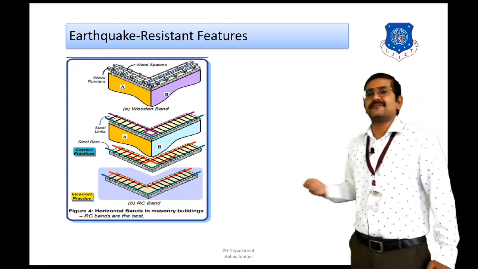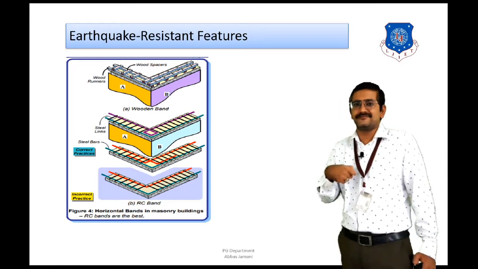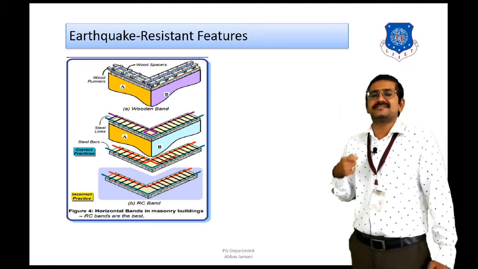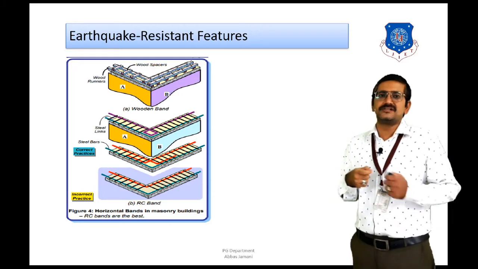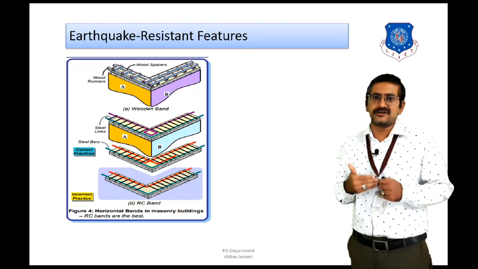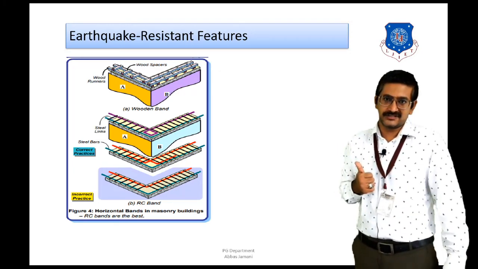When this development length or anchorage length is not provided, then when the walls undergo bending and pulling action, the chances are that these walls may separate from each other at the corners, that is the right angle corners, and as a result, we will observe some cracks developing at that particular junction.